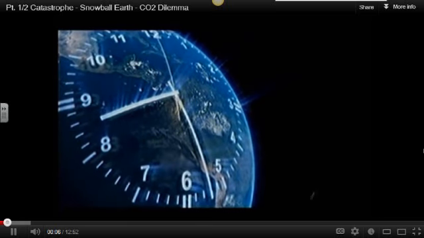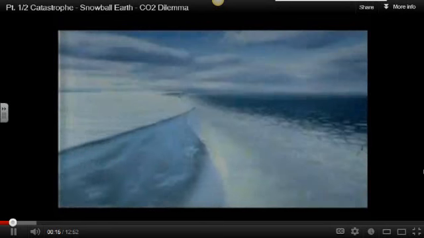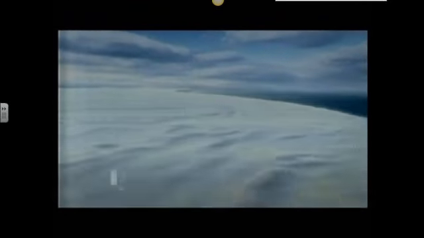8:27 p.m. on our clock of the Earth's history, 650 million years ago. The planet faced climate disaster. A global deep freeze. But what made it happen? Snowball Earth wasn't the first time the Earth had frozen, and it wouldn't be the last. Our planet goes through an ice age about once every 100,000 years. Most of them are caused by changes in our orbit. The further away from the sun we go, the colder it gets.